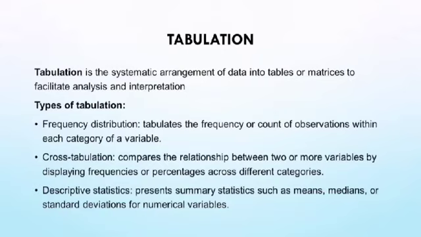Frequency distribution tabulates the frequency and counts observations within each category of the variable. This we will deal with in detail. Cross-tabulation compares the relationship of two or more variables by displaying frequencies,